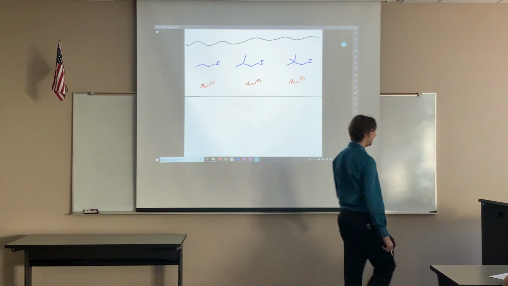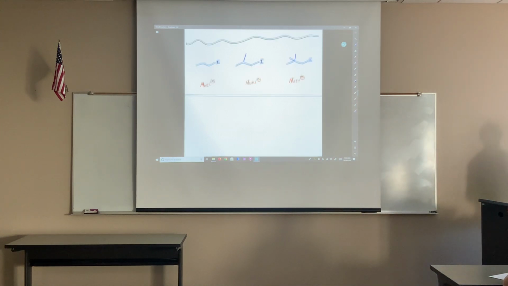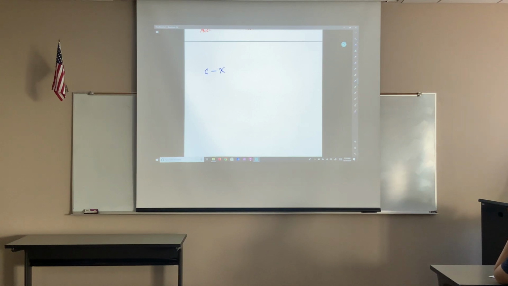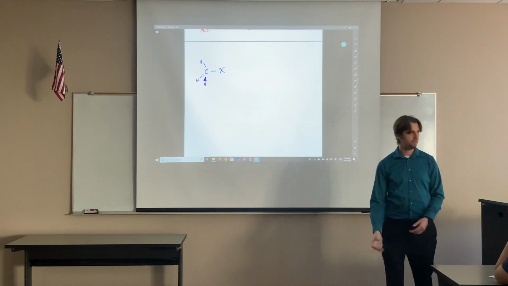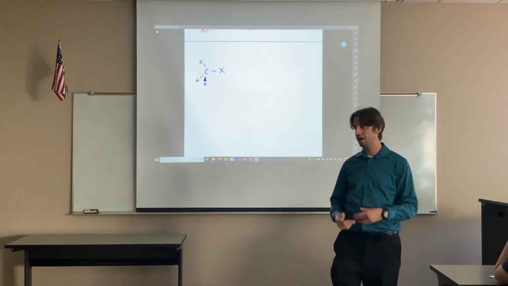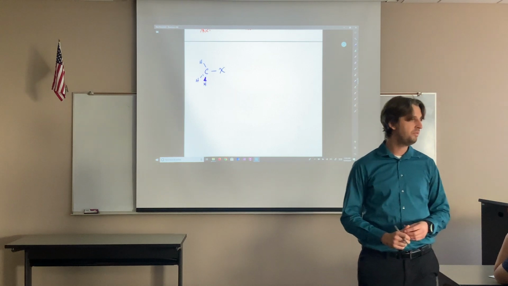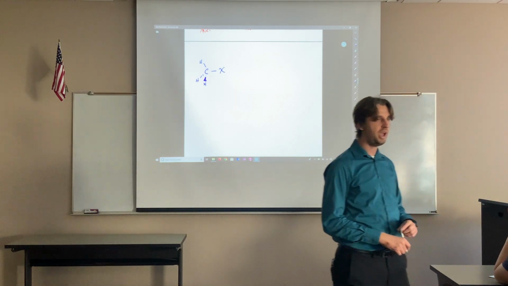So let's think about it like this. So here I have a carbon. Okay? Here I have a carbon. Here it's bound to my leaving group. Okay? If I have the simplest of situations, where I just have this, a methyl halide. We could call it methyl bromide, methyl chloride, methyl iodide. Okay? If we do an SN2 reaction,